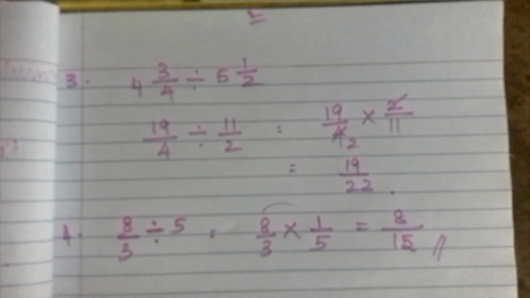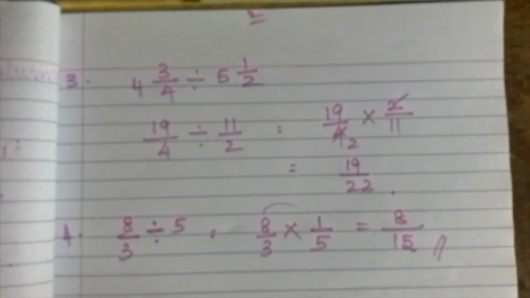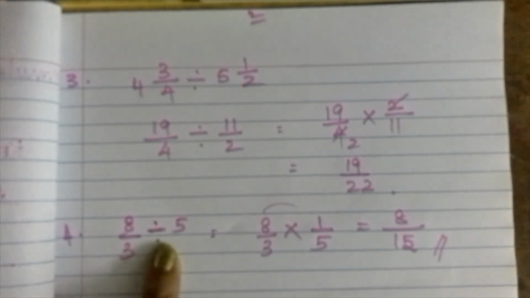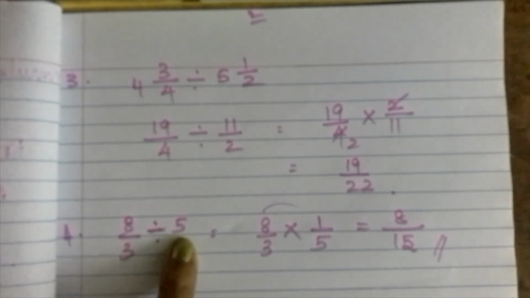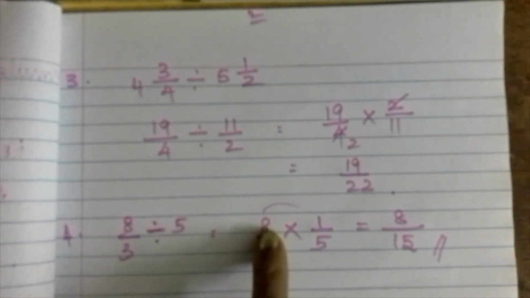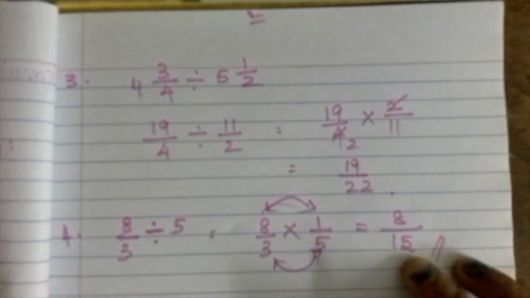So again I want to stress 2-3 things. First one, when you are doing division of fractions, the first fraction will remain the same. Here actually we are not going to do any division. We are going to convert this into a multiplication problem, then continue with the sum. So the first fraction will remain the same. It will be 8 by 3, for example. Then you will have to convert the symbol to multiplication. And with respect to the second fraction, we'll take its reciprocal. So in this case 5 will be 1 by 5. And do the normal multiplication of fractions. What is the rule for multiplication of fractions? You will have to find the product of the numerators divided by the product of the denominators. And with whatever answer comes, you will have to just simplify.